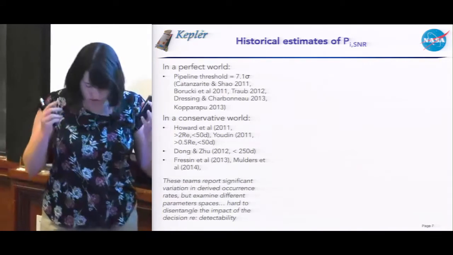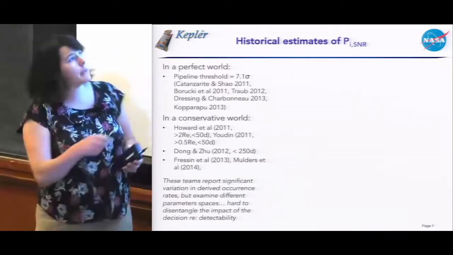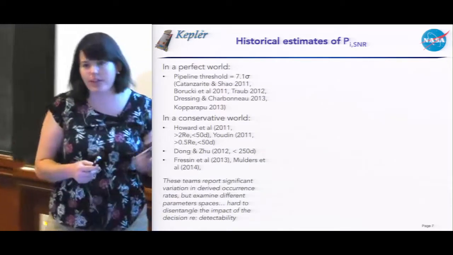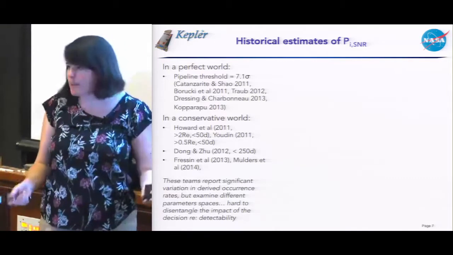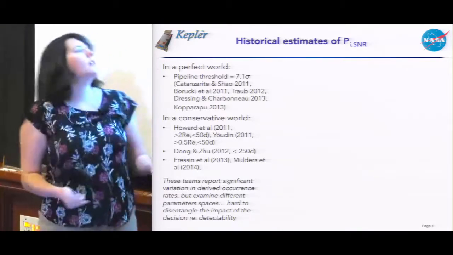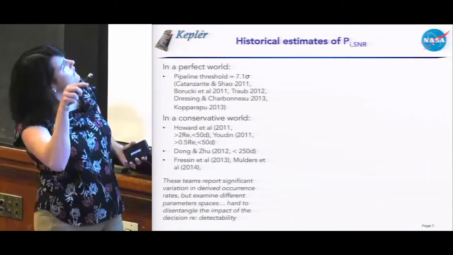Okay, so far, there hadn't been a characterization of the probability that a transit would be found by the Kepler pipeline given its signal to noise. But people have been doing occurrence rate papers for years. So what did they do? So a bunch of papers came out